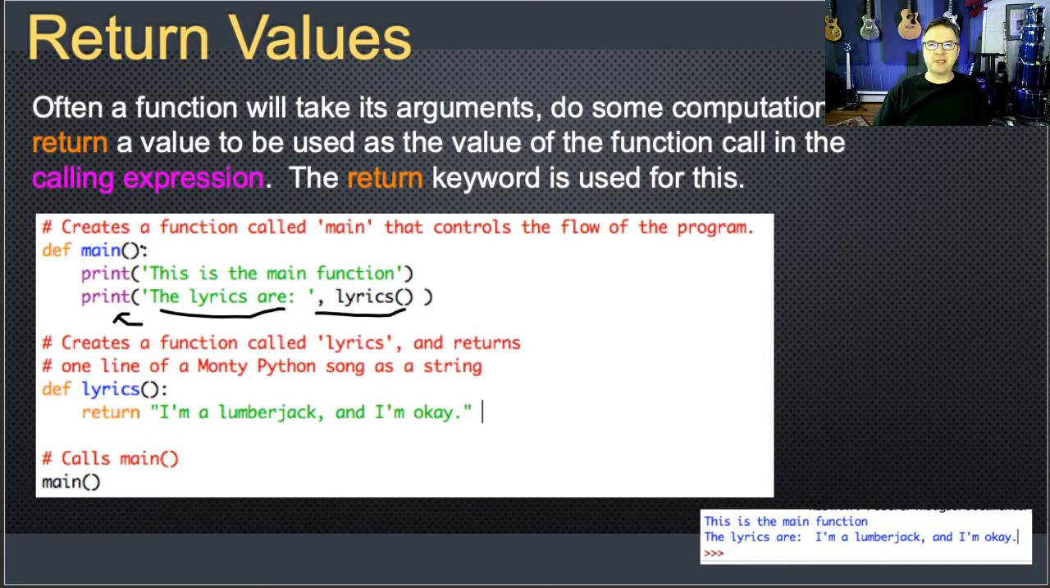Well, what happens when it gets passed to print? Look at this. This right here is also a function call. See? Lyrics, parenthesis, parenthesis, and down here, here's a function called lyrics, parenthesis, parenthesis. So what happens is it prints, this is the main function. Then, before it can pass this to print, it calls lyrics. So it comes down here and says, I'm a lumberjack and I'm okay, which gets passed to a